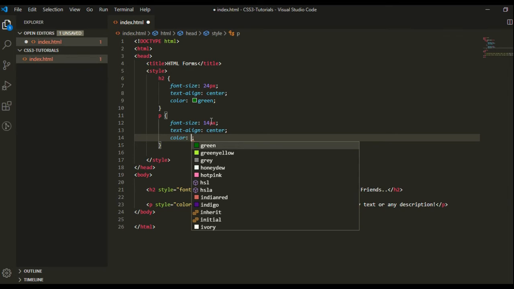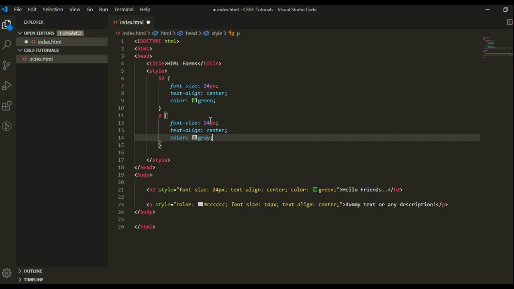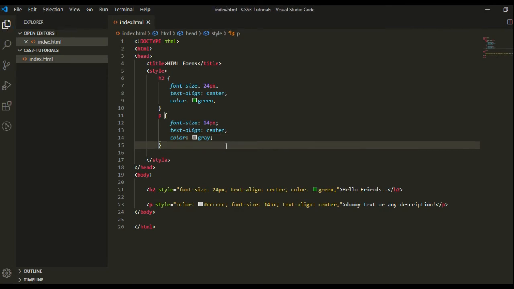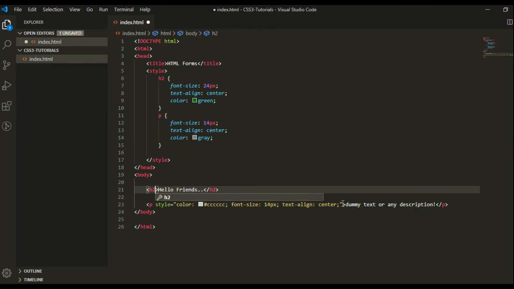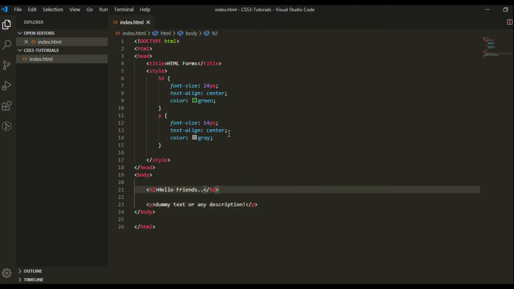Here I am giving the color name, gray. Let's see it in the browser, but before that, remove the styling from the HTML element. So here I have removed all the inline style. Now let's see in the browser.